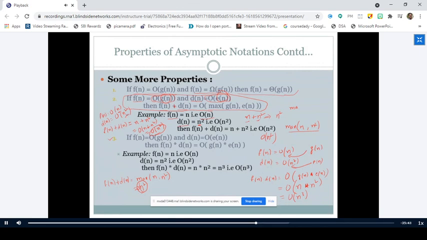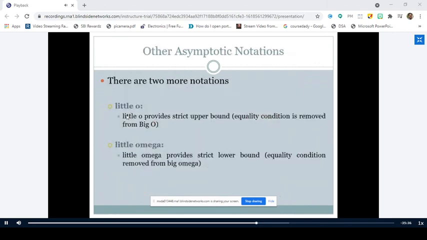So these are the more important properties we have discussed about these asymptotic notations. Now the last slide. Other than these asymptotic notations, we have two other asymptotic notations which are called little o and little omega. Right. So they are more strict than the upper bound. So we know that big O represents lower bound or upper bound? Upper bound, sir. Typically, big omega represents lower bound.